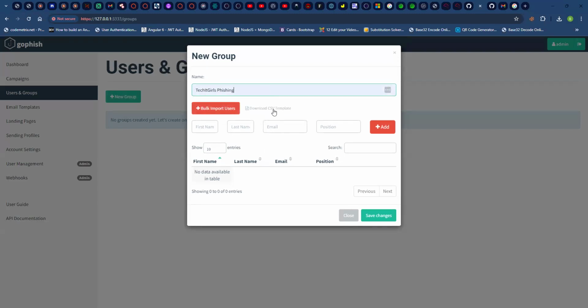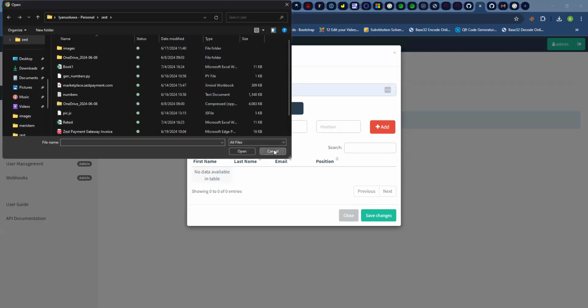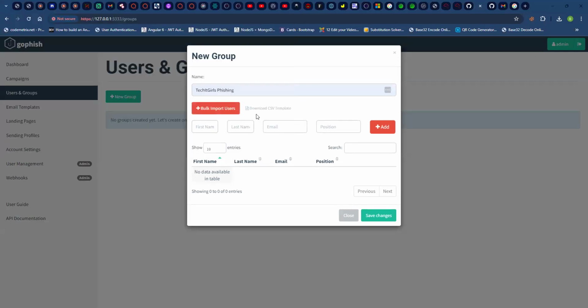So if you have the list of users in a CSV file, probably you want to send it to a lot of people. You probably want to put it in a CSV file and import bulk users. But I don't have a lot of users I want to do now. I just want to do maybe 1 or 2 email addresses. There's no restriction on the number of email addresses you can send this to. So that's why you can use a CSV file. For this one, I'm just going to use a couple of email addresses that belongs to me.